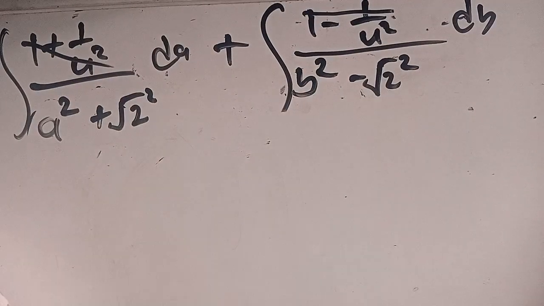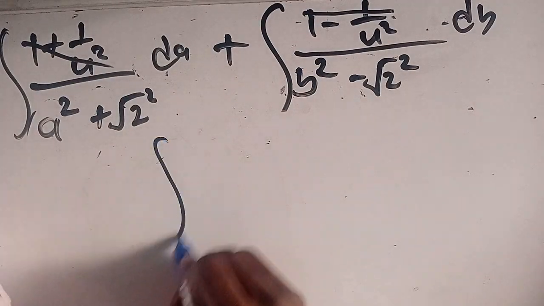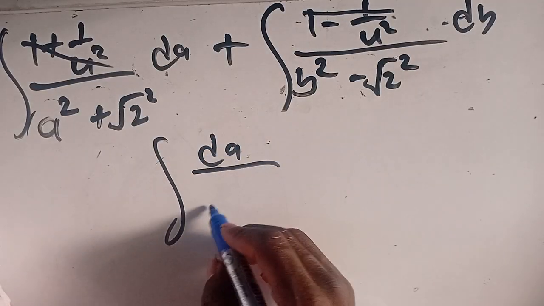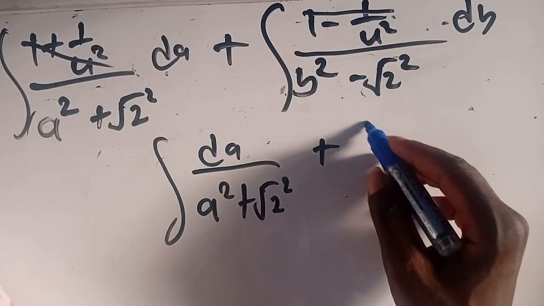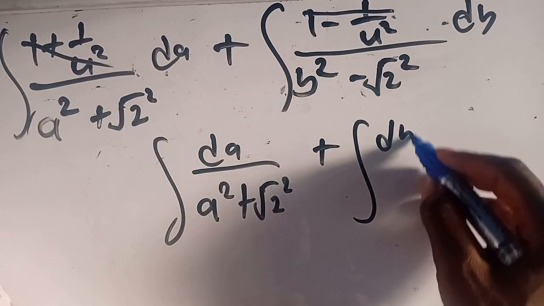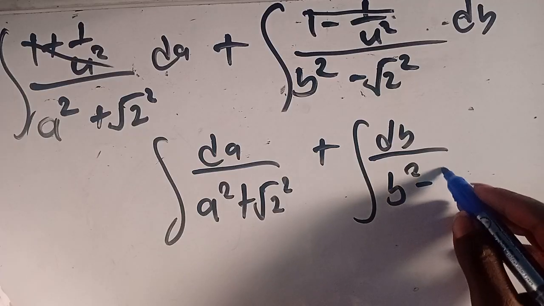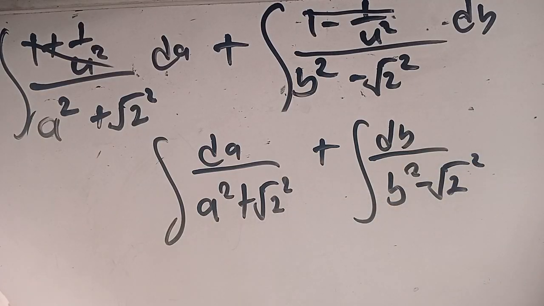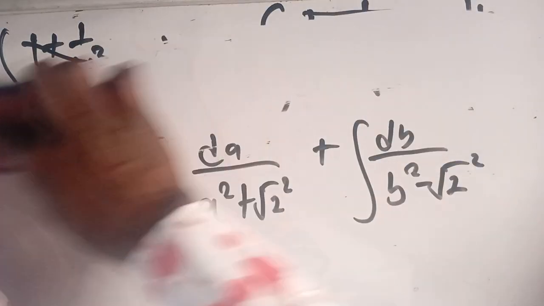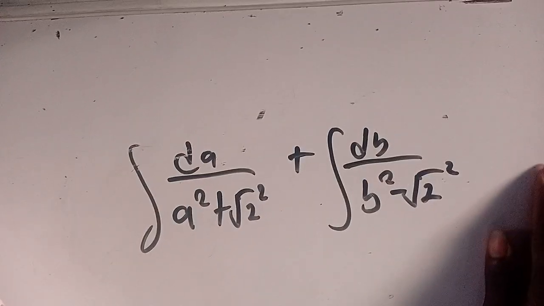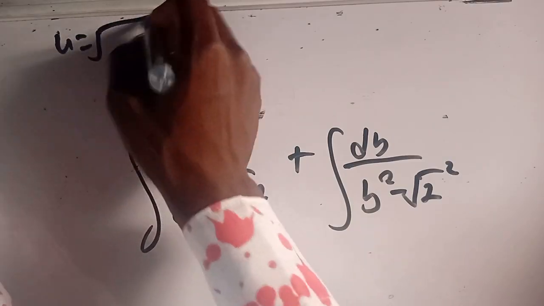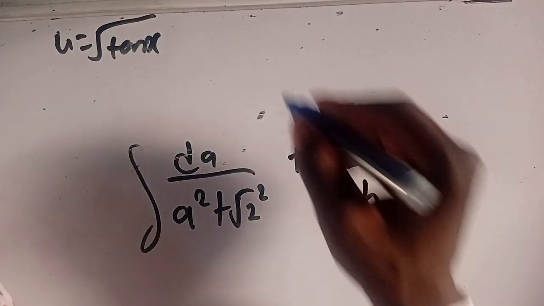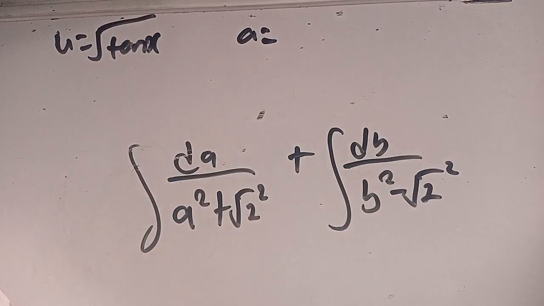So now let me rewrite the integral. The integral can now be written as the integral of dA over A square plus root 2 square, plus the integral of dB over B square minus root 2 square. Do we understand? Don't forget where we are coming from. We said let u be root tan x. And we also said let A be